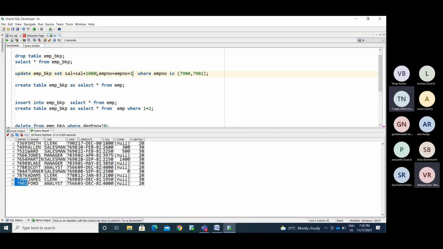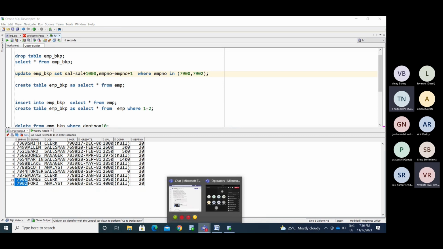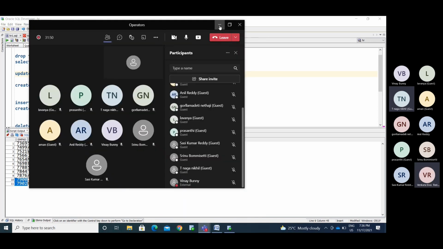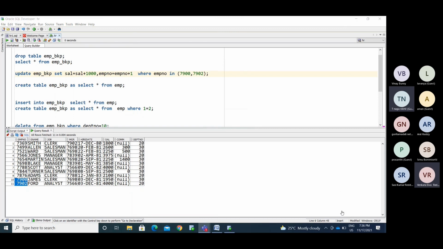If I run this, the EMP number will be increased by one digit. The salary will be changed for only 2 members, and the employee number will also increase.